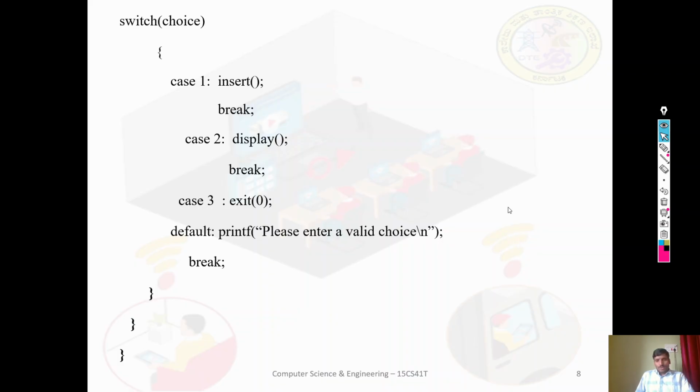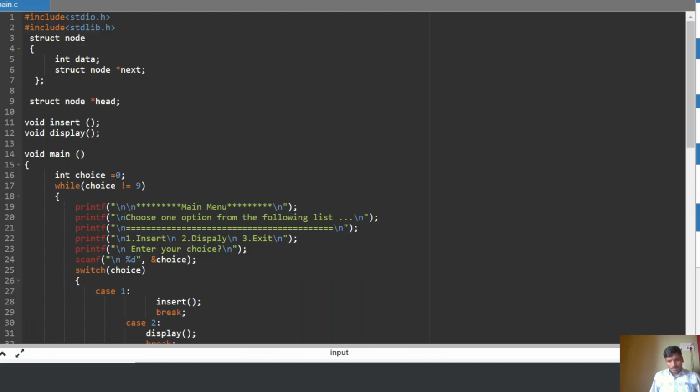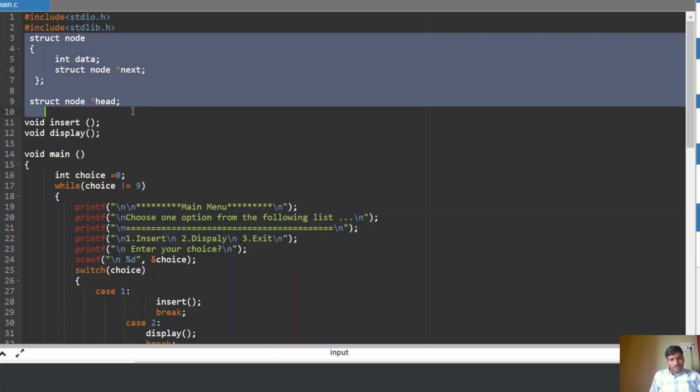Students, now let me write the same program in the compiler and create the linked list. Here is the program of creating a linked list, the same which I explained in the PPT; I copied it here. Here is the node declaration, struct node.